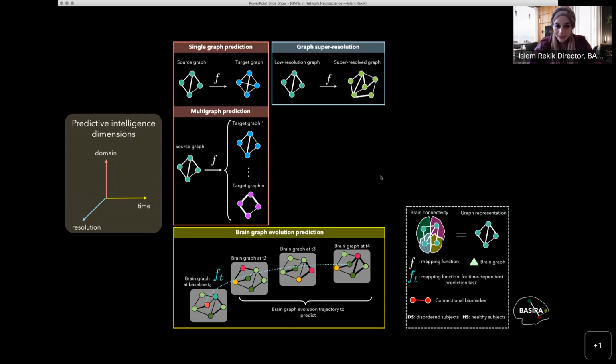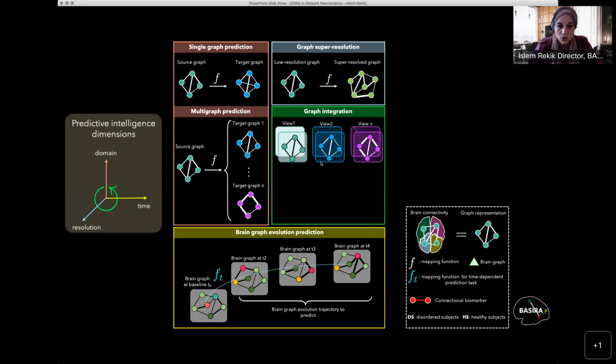Now there is one fourth component, I would say, that might permeate or help guide the learning along these 3 axes, which is what we call brain templates or template-based learning that we also introduce. So for graph integration, there are lots of works on graph fusion, but what we have introduced here is the concept of multiple graph integration to create what we call a single brain template of a population.